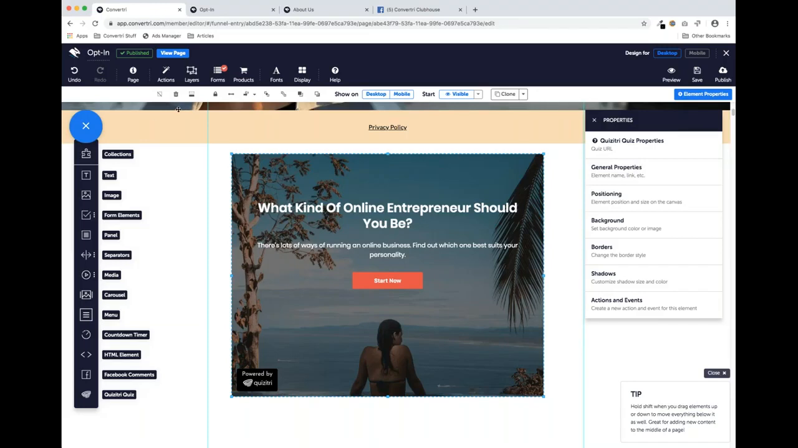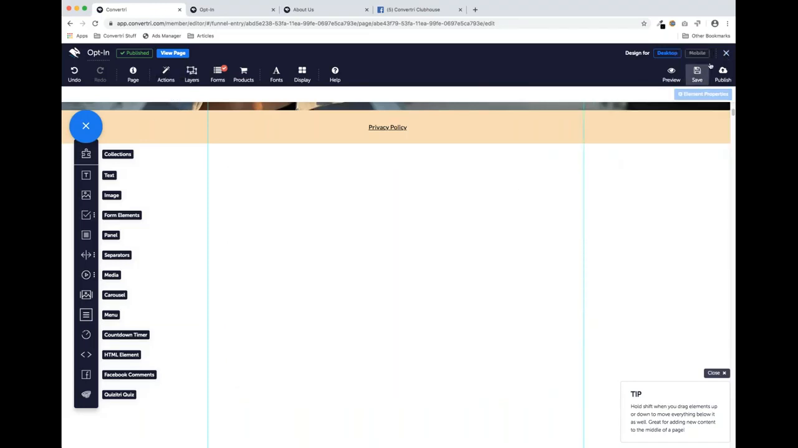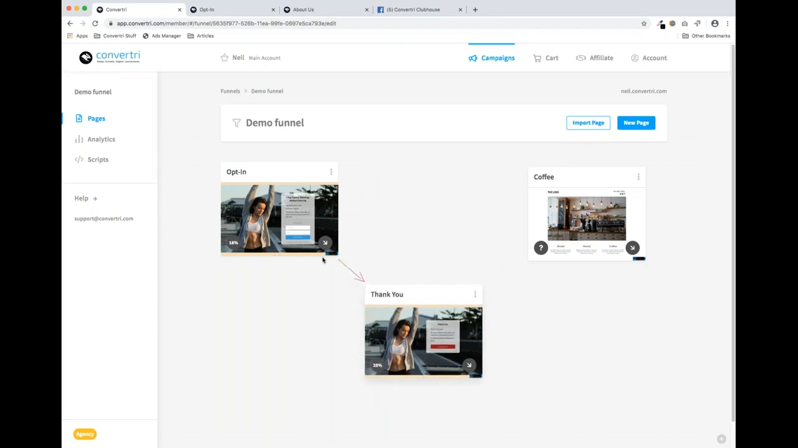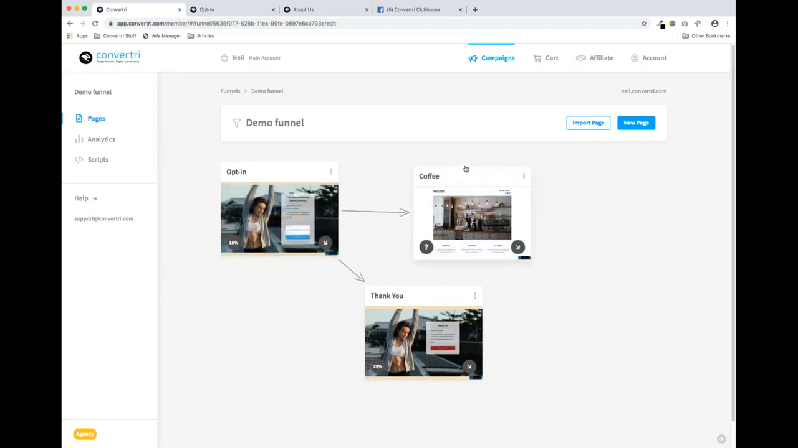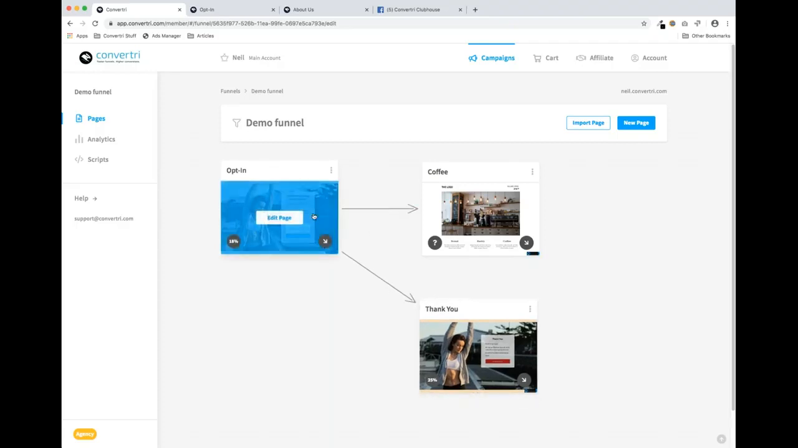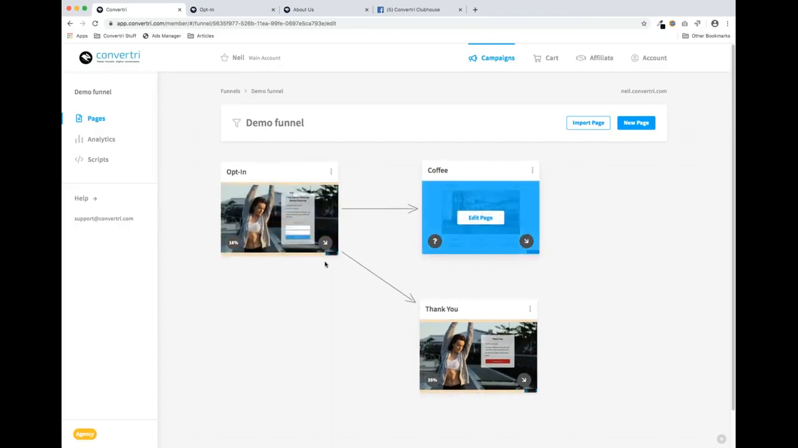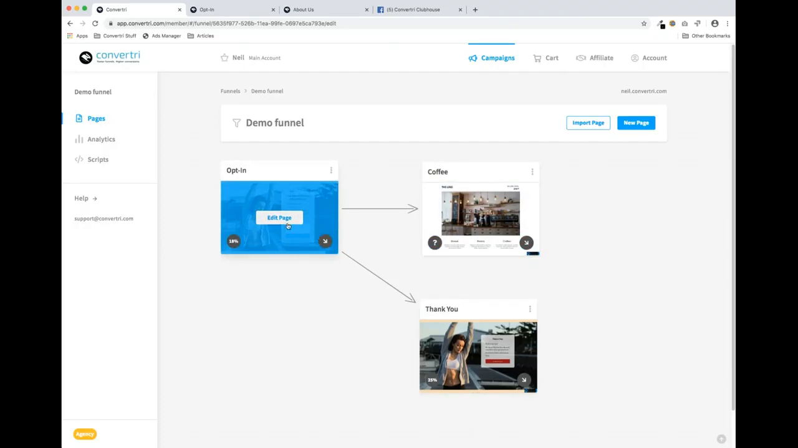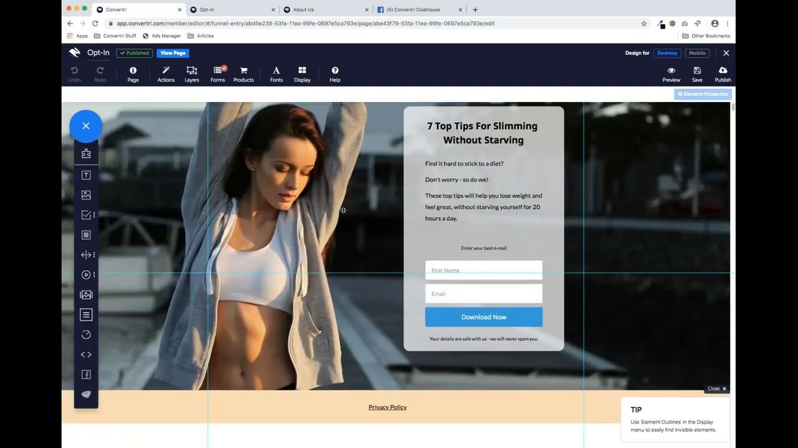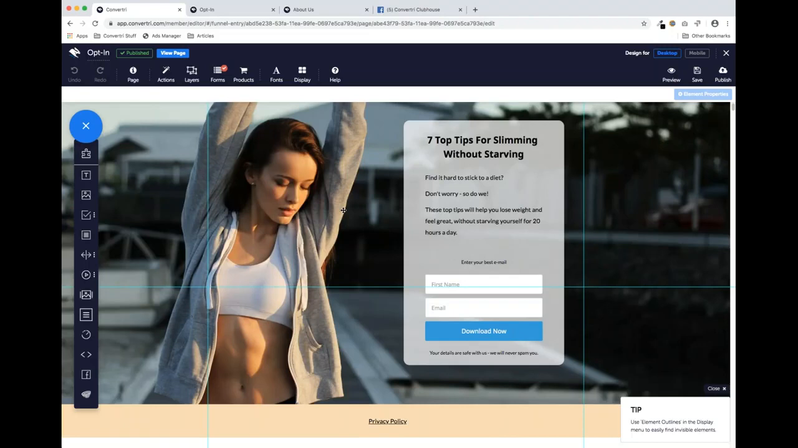Chip's asking about connecting multiple pages. So let's say you've got a funnel that looks a bit more like that, where someone could be directed to either one of these two pages from the first one. Now, if all you want is a button to link to one of the pages,